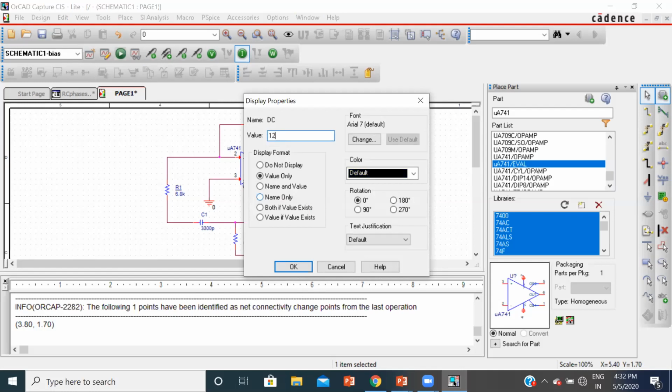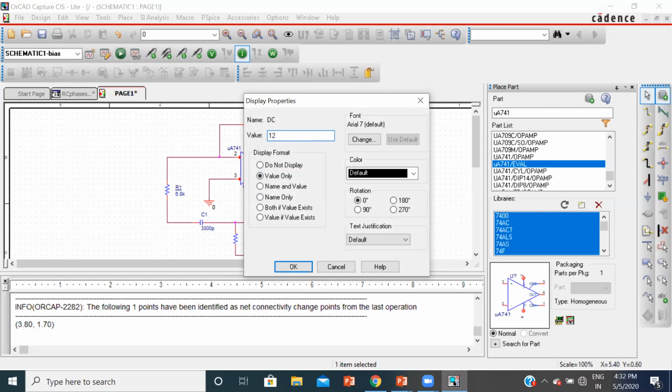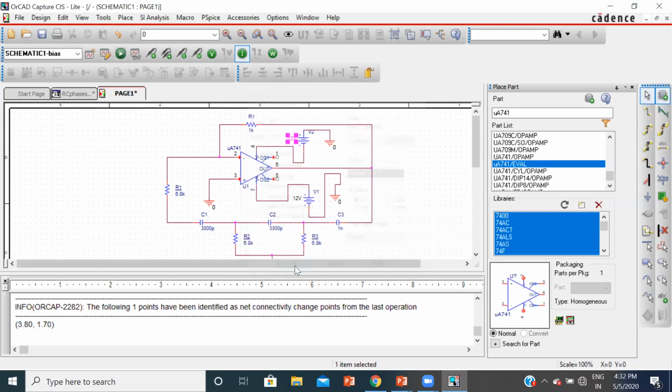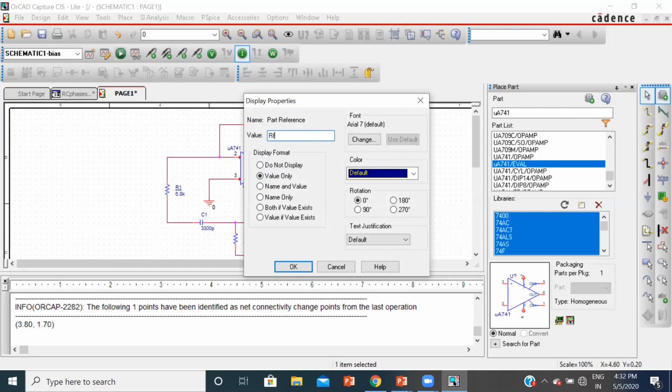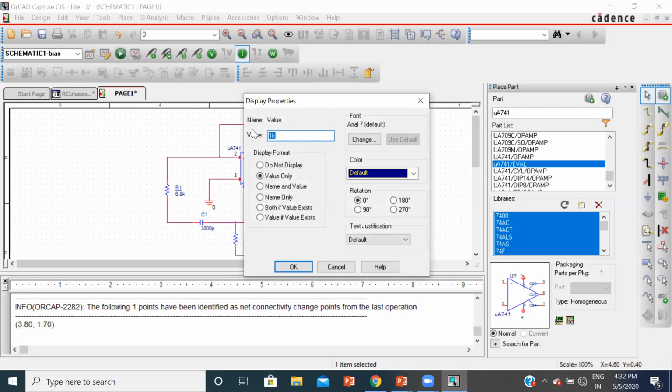And this fourth pin is minus. Since we connected this to the negative terminal, this value should be changed to 12 volt. It will be taken as minus 12 only. And this is a feedback resistor, RF. And this feedback resistor value is 220K.